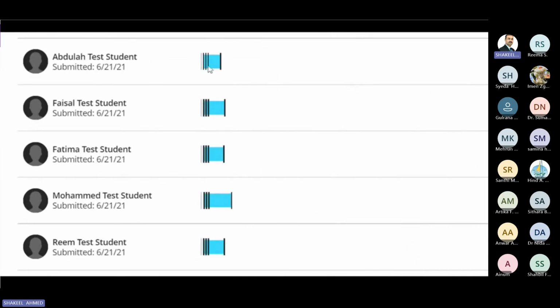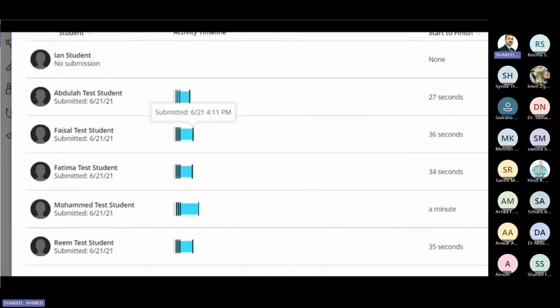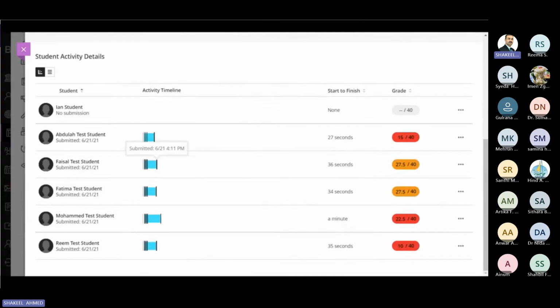You can see the grade distribution, which is very helpful. And you can also see the activity timeline. The little black dashes there are when they actually answered questions. The blue wide bit here shows that they were waiting some time before answering the last question. That can give you an indication of how they're finding it and which ones are taking longer or shorter. Then, of course, you have the grade as well here.